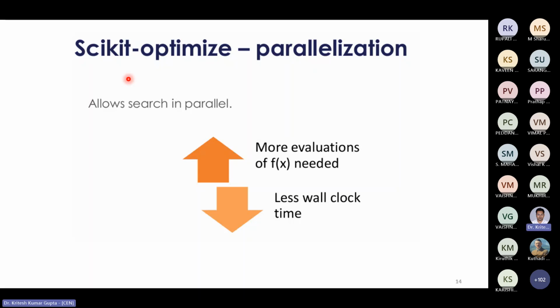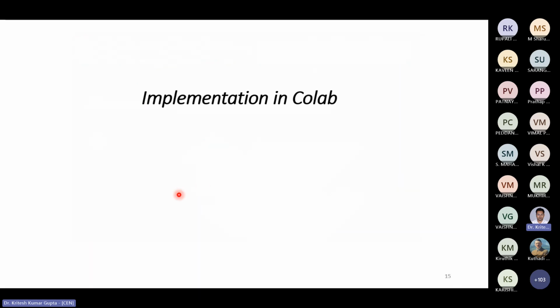Now with this, we will see how Gaussian process regression can be implemented in Colab, and simultaneously how we can implement Bayesian search optimization for hyperparameter tuning. Whatever I am going to show you in today's class, you can implement for any kind of model. The only thing is that you should know what the different hyperparameters are, and what the range of hyperparameters is. So for that, what you can do,